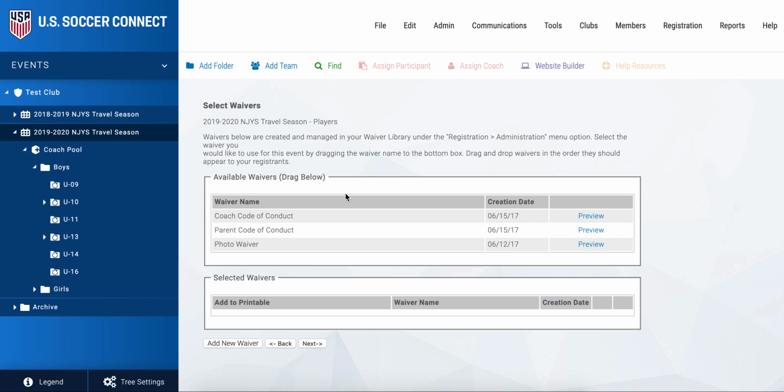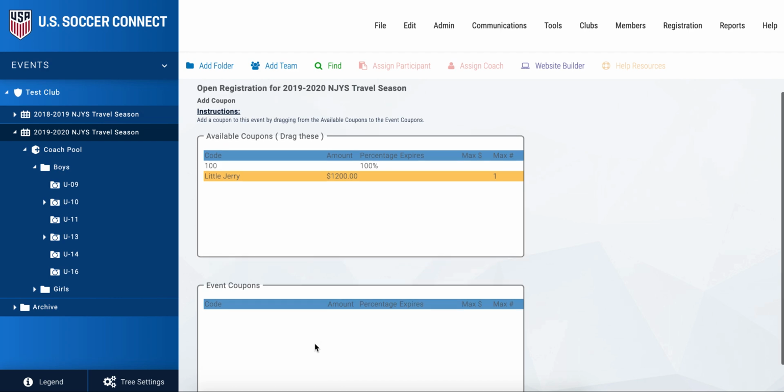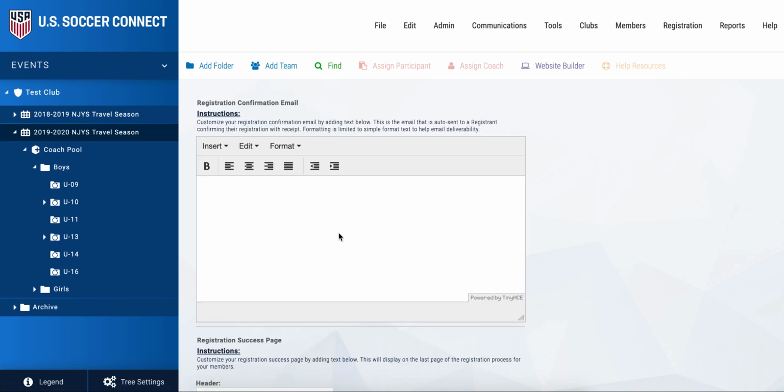You're never going to see them here, but when you go through the actual front end process of it, you'll notice that there are a couple waivers that we have at the state level, and you'll be asked to agree to them. Otherwise, go ahead and click next if you have nothing here. If you have any coupons, feel free to drag and drop them down. Then click next. Same thing, any instructions that you might want to send to your players via email once they're